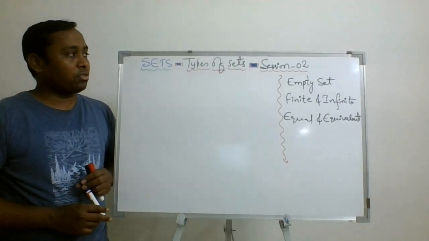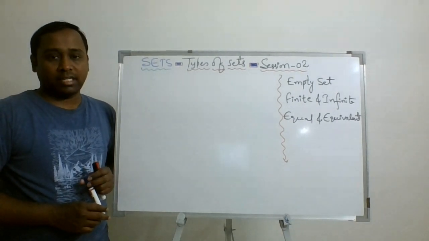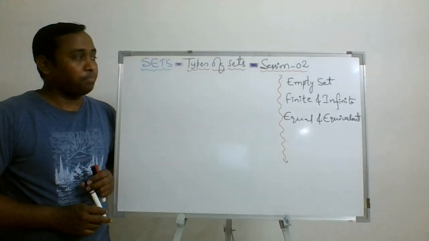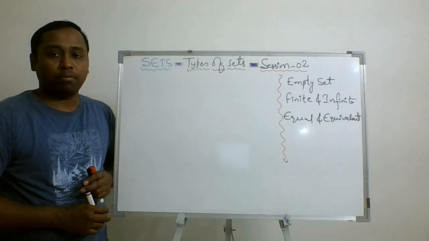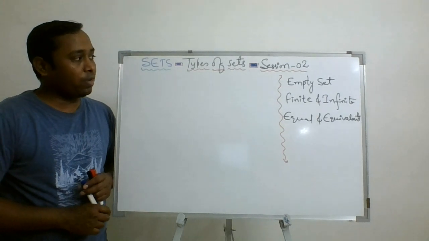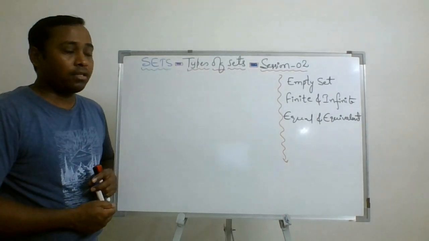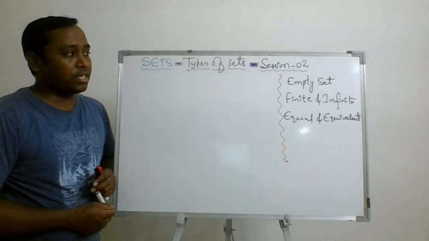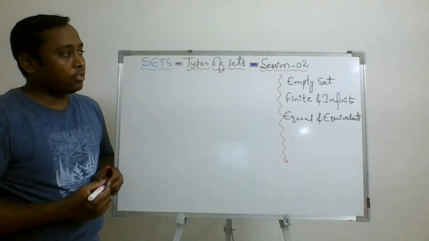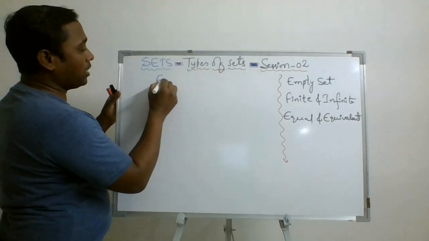So, now in session 2, we are going to study the types of sets as part 2 of this session. In this topic, we are going to cover the three major types of sets. One is the empty set, the second is finite and infinite sets, and the third is equivalent sets. Let's try to understand what is meant by empty set. One by one we'll take. What is the empty set? First we will discuss what an empty set is.